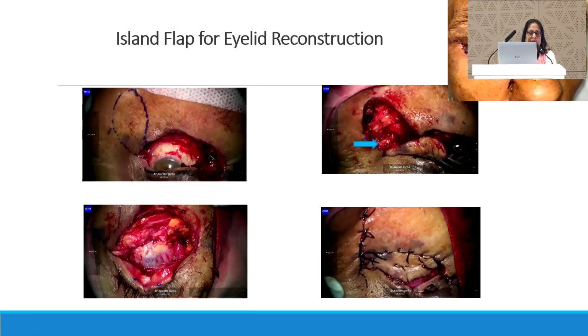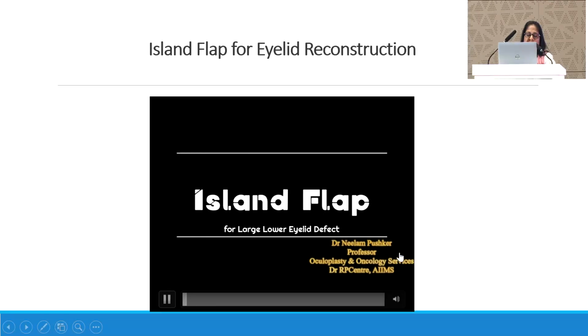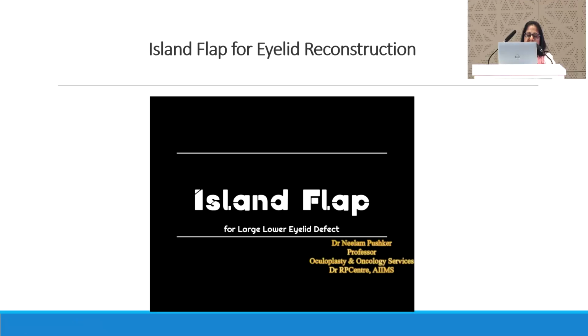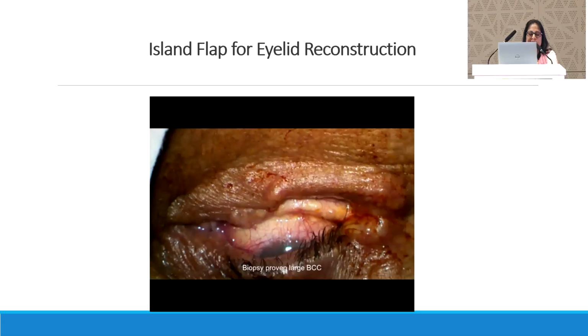Using the same principle, I did this in a patient with a lower lid basal cell carcinoma, where there was a large defect, and then the skin was incised all around, and then this was rotated. This is the pedicle which was there, and the skin was closed later on, and this was placed. I'll show a very short video of this, where you can see how it was rotated. So this was the lower lid BCC,